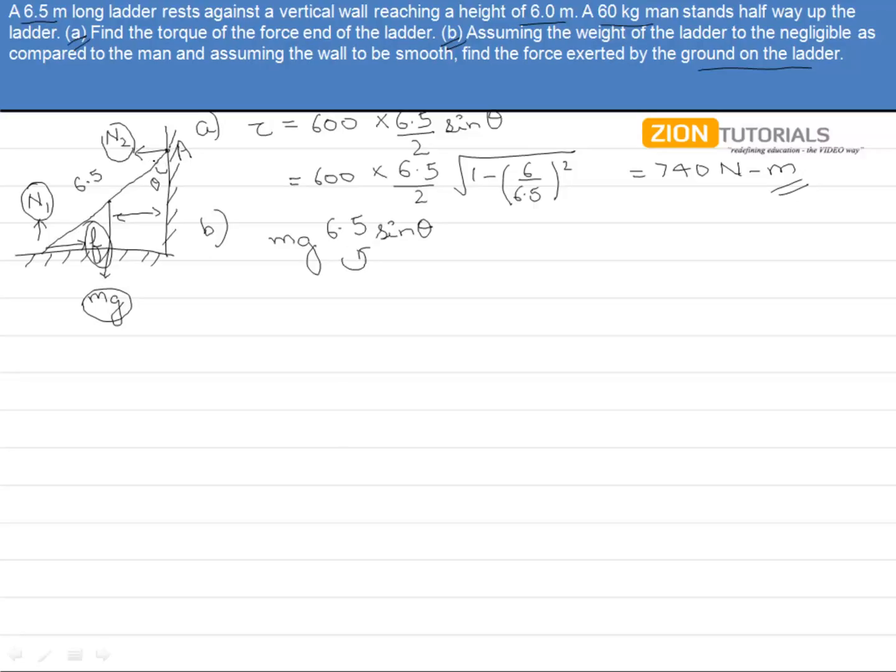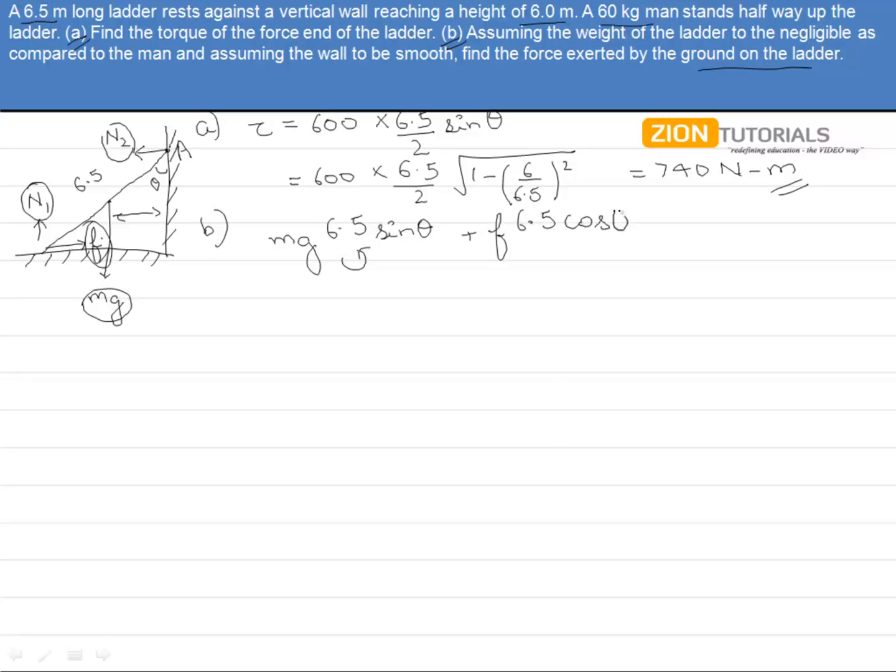Now let us see the torque due to the frictional force F. This will be also in the anti-clockwise direction, so it will be added as F into the distance. Distance is this one, that has been given as 6, but let us take it as 6.5